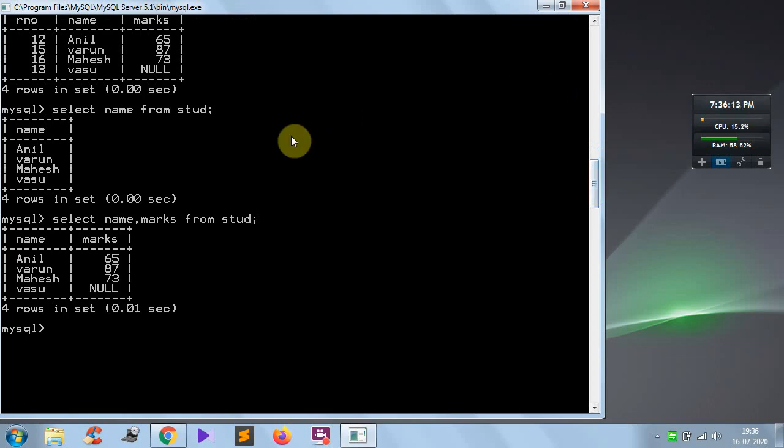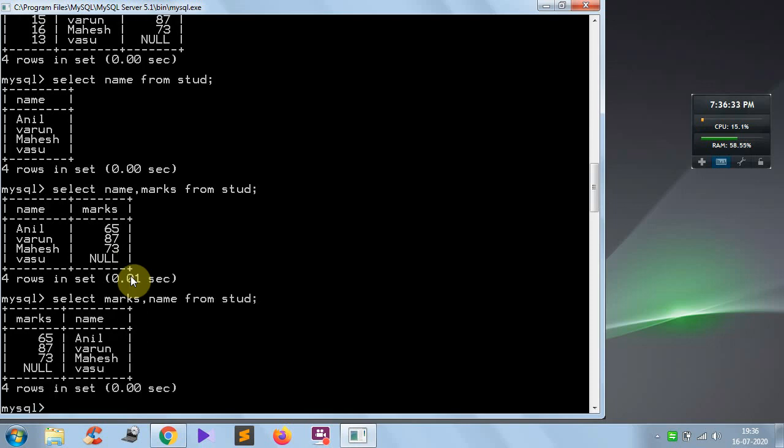In the earlier case I displayed one column, now two columns. Suppose I want to display marks first and names next. In this case, just write select, first the marks column, comma, then name, then from stud. So you can display in whatever order you want.